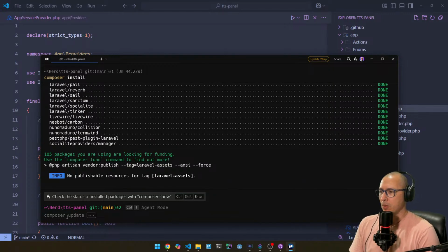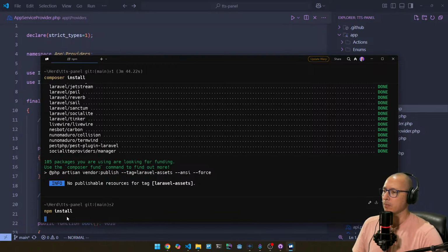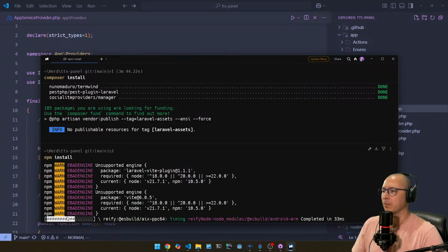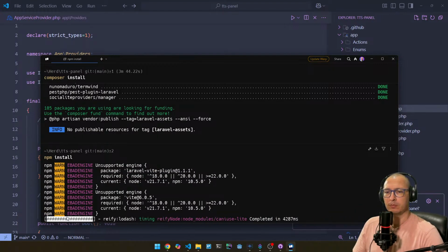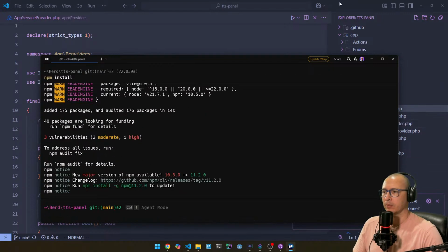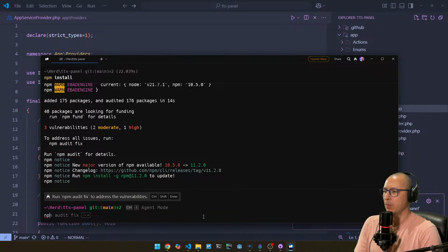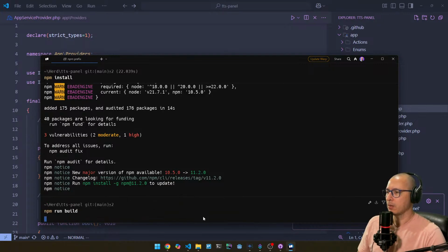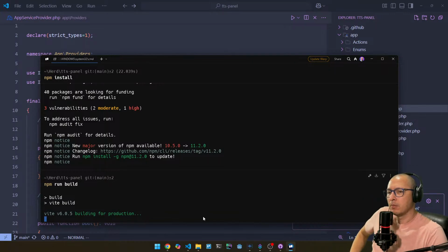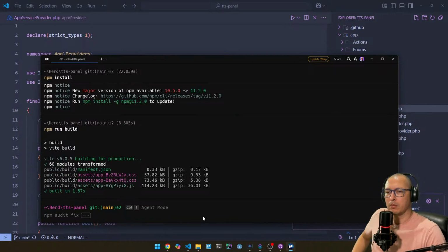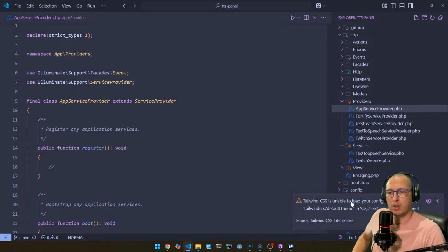That was composer. We need to also do npm install for all of the JavaScript things. Okay, now let's do npm. Let's do a run build for now, just to compile everything. All right, no errors. What are you talking about? See, unable to load your config files. Oh,